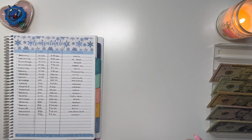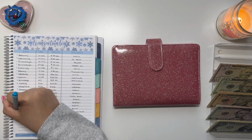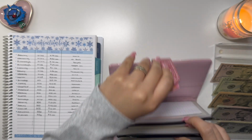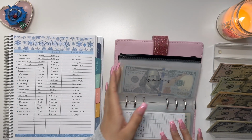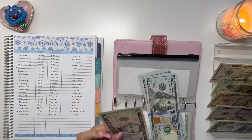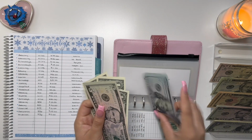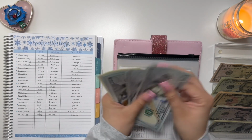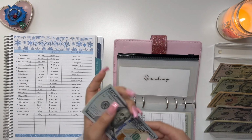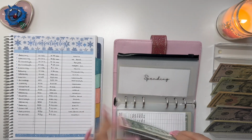And that is it for this binder. And I'm going to mark off that transaction. The next one is spending. And for spending, I'm unstuffing 27. So we have 30. 1, 2, 3. So I have 1, 2, 3, 400, 5, 6, 7, 8. So 408. And technically I could throw this towards the credit card, the American Express one where I bought my